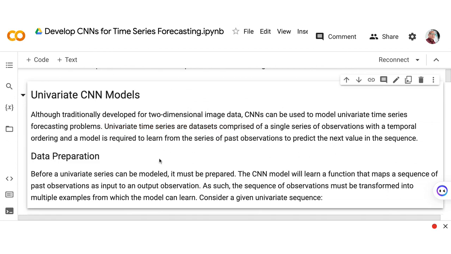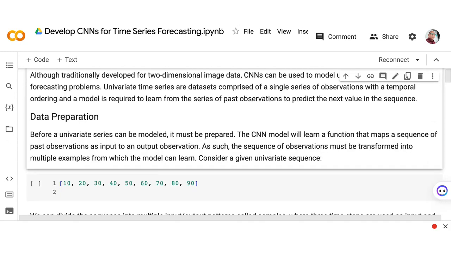If you try to develop a model to learn from a univariate data set, all the model will do is learn from the series of past observations, so basically historical data, and then predict the next value in the sequence.